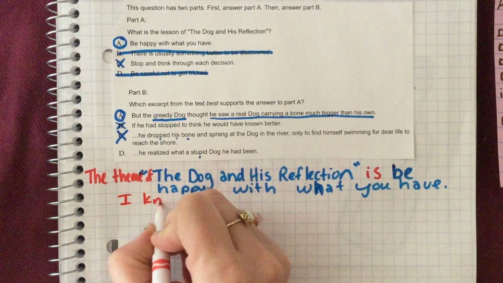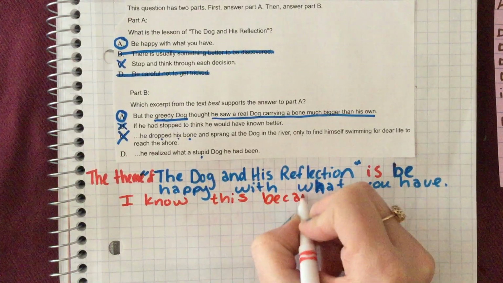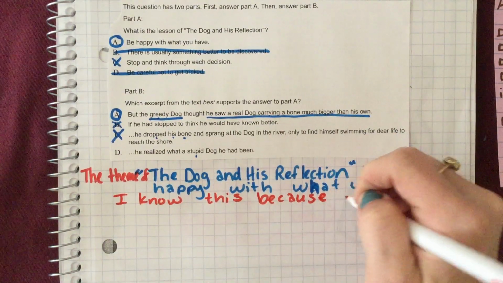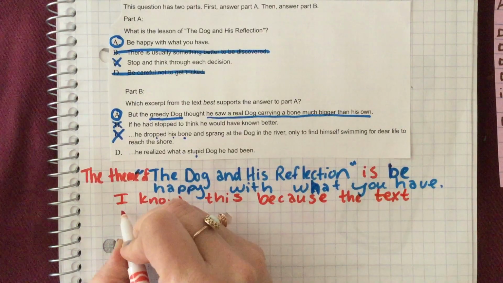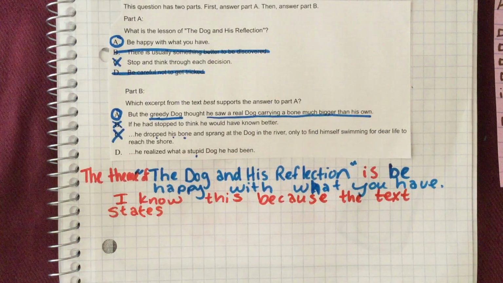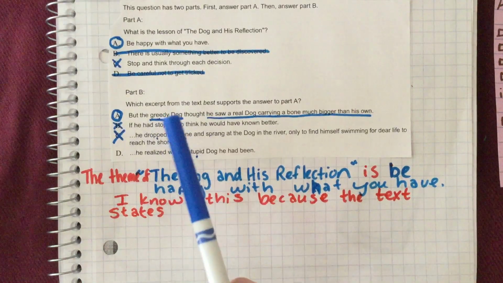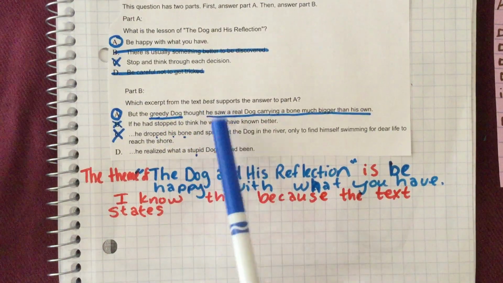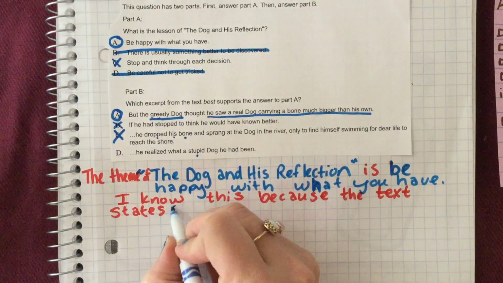I know this because the text states. Now, if I use states, I have to copy directly from the text, which is not going to be hard because look, I have a detail right here. So I know this because the text states,